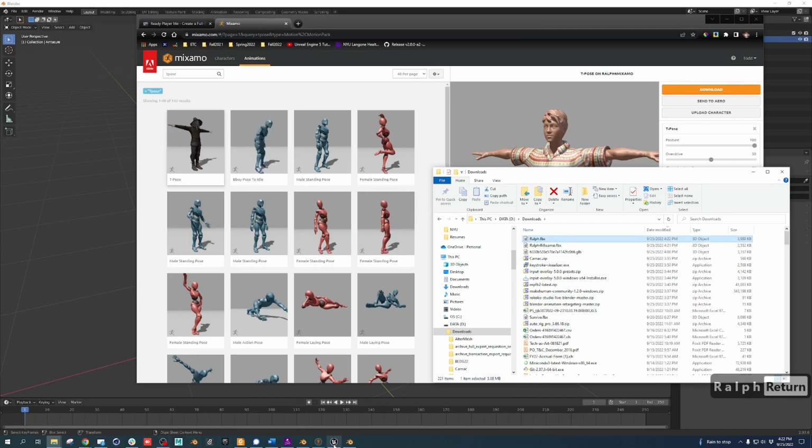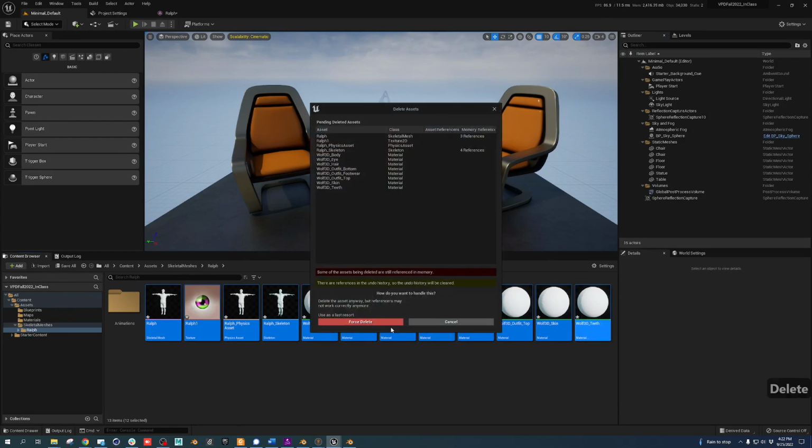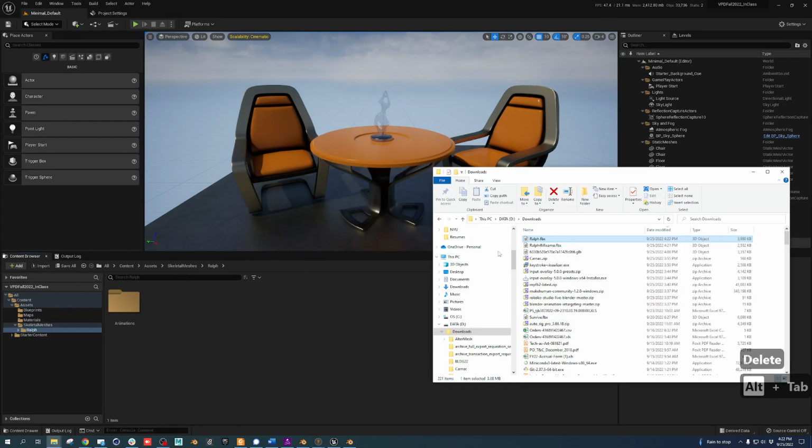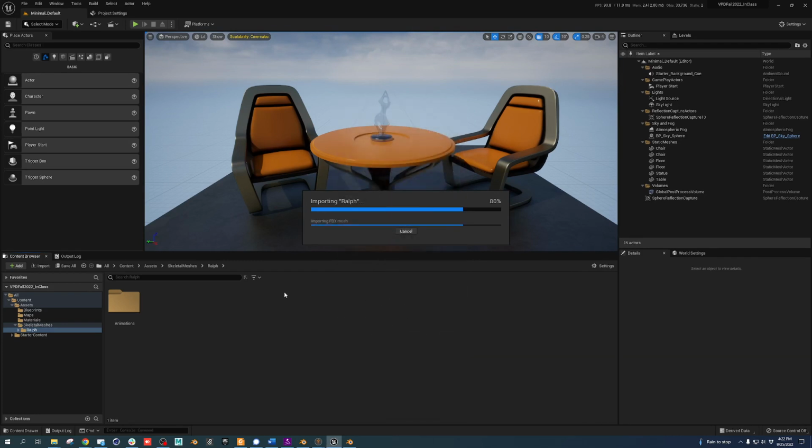All right, back to Unreal, back to this Ralph. Delete. Yes, delete all, and no skeleton. We're not going to apply anything to a skeleton. We're going to bring in our own skeleton. Frame 0 as reference pose, import morph targets, and